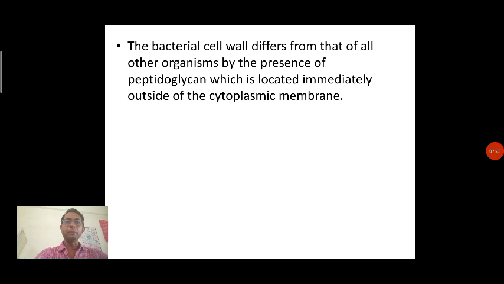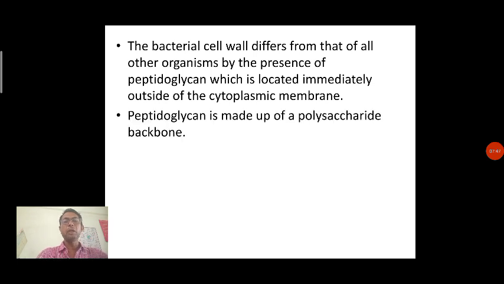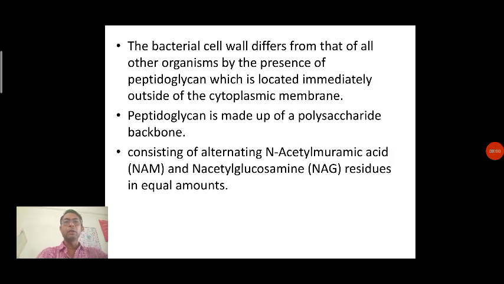outside the cytoplasmic membrane. So we can say that this is the difference between a eukaryotic cell and a prokaryotic cell: the peptidoglycan layer is present in a prokaryotic cell, particularly in bacteria, and peptidoglycan provides extra rigidity to the cell wall. Peptidoglycan is made up of a polysaccharide backbone. So it is nothing but a chain of polysaccharide. It is a chain of sugar, and this chain of sugar acts as a backbone for the cell,